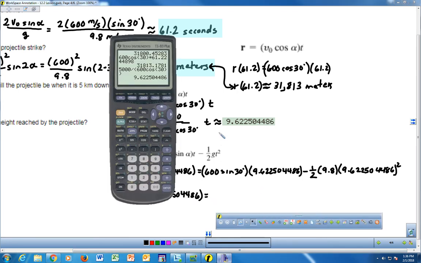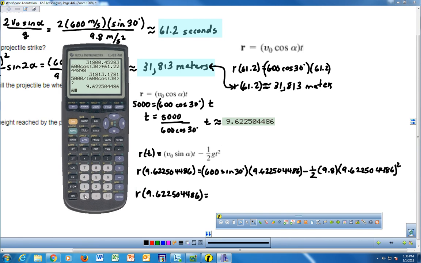Okay. Let's put that in the calculator so we can find that. So it would be 600 times, I'm just going to put it in parentheses so we can follow this, 600 times sine of 30, multiplied times the time, which is, I'm just going to put the answer from the previous because it saves that answer here, so I don't have to write the whole thing, minus 1/2 times the gravity, which is 9.8, times the time, which is the answer that I got, squared. And that gives us